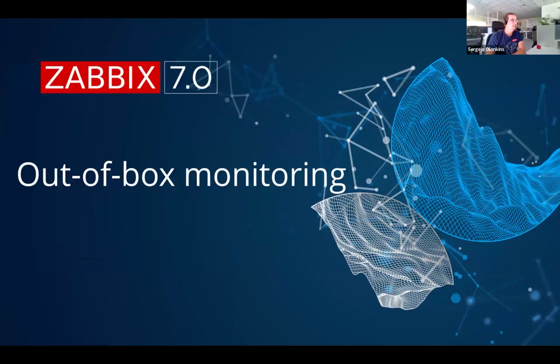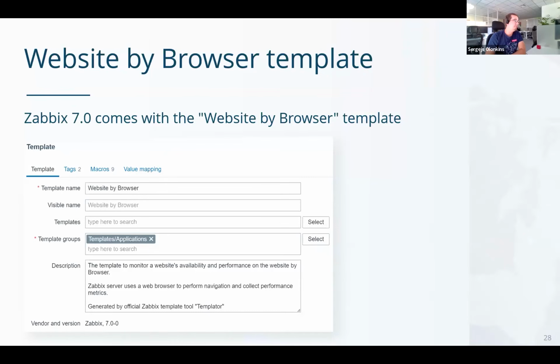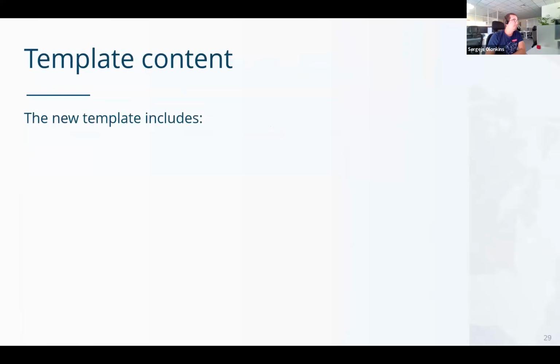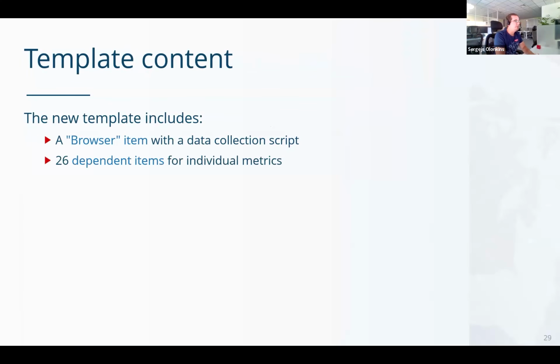Yeah, at the end, I would also like to mention that Zabbix 7.0 comes with one template that is based on the browser item. This template is called website by browser, and it's available under the template group templates applications. So what does this template consist of? It has one master item, which is a browser item, 26 dependent items that retrieve individual metrics using the JSON path preprocessing step,